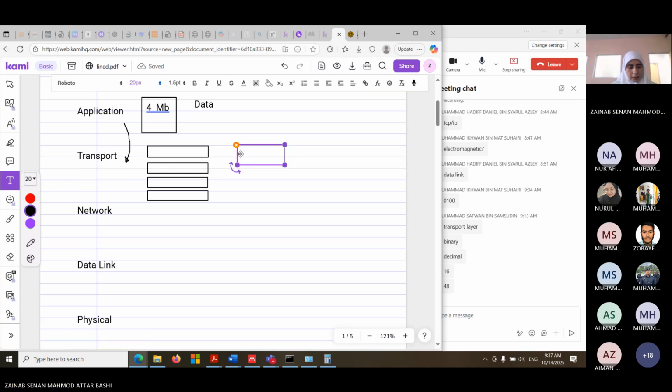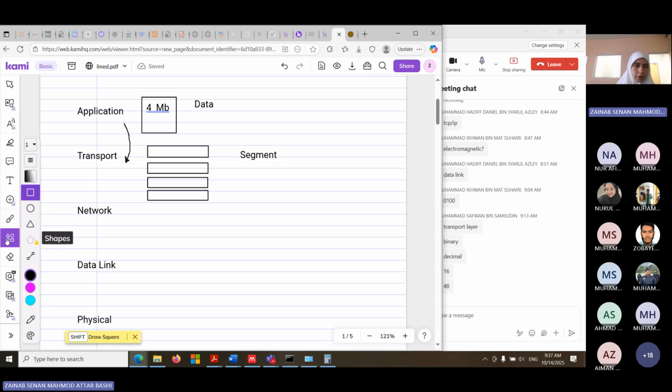Segmentation. Yeah, we did segmentation and we call the piece of data here a segment. Just segment. So if you are dealing with layer 4, we don't call it data anymore. We call it segment. If you deal with any layer, you have to call it by the correct name because this name has a meaning. If I say a segment of data, we will know that, first of all, it's not the entire data, it's part of it. Another thing we will know is that there is some extra information, we call it a header, added to